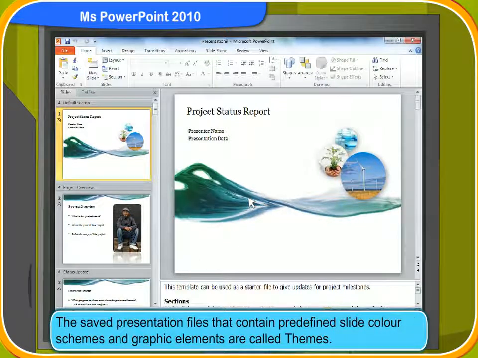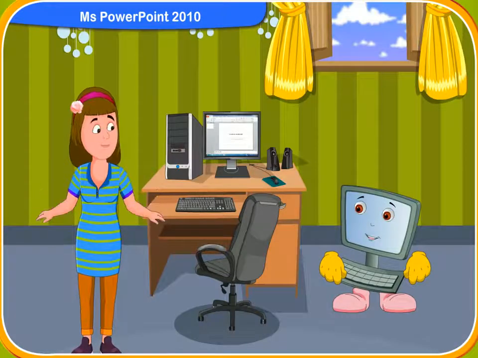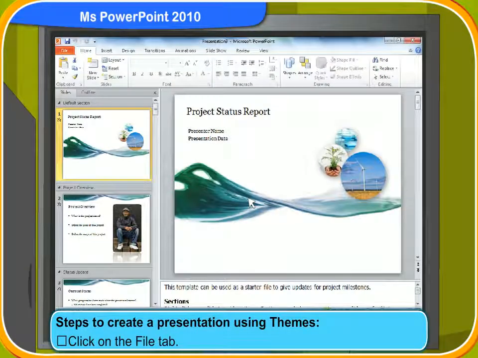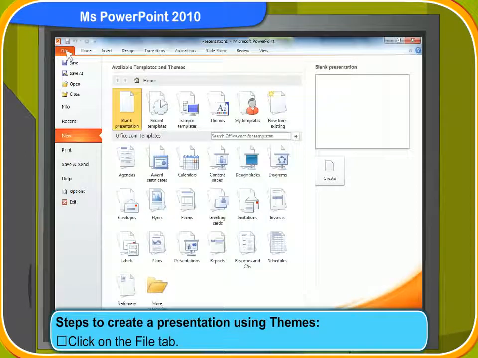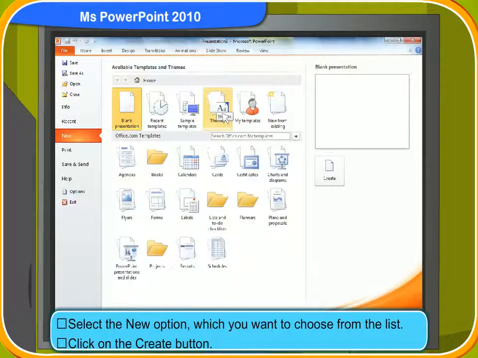The saved presentation files that contain predefined slide color schemes and graphic elements are called themes. We create a presentation slide using themes. These are the steps to create a presentation using themes. First, click on the File tab. Then, select the New option, which you want to choose from the list.